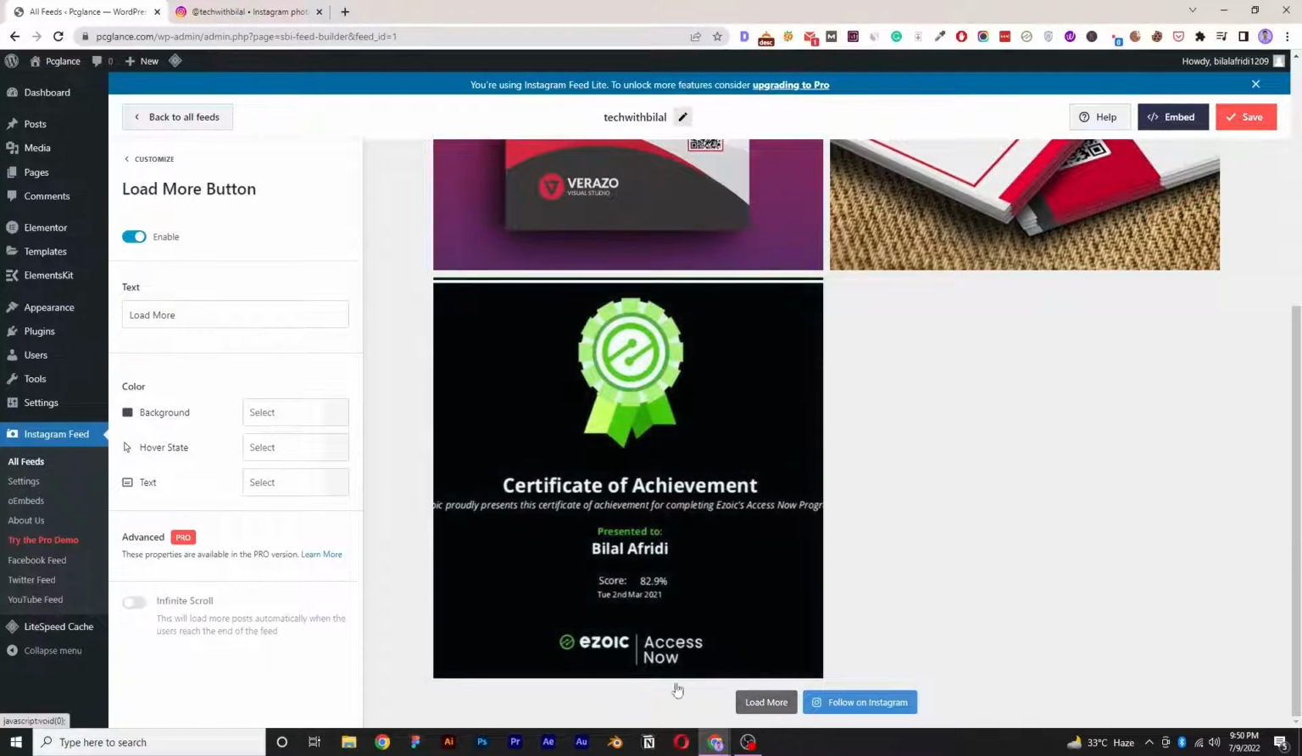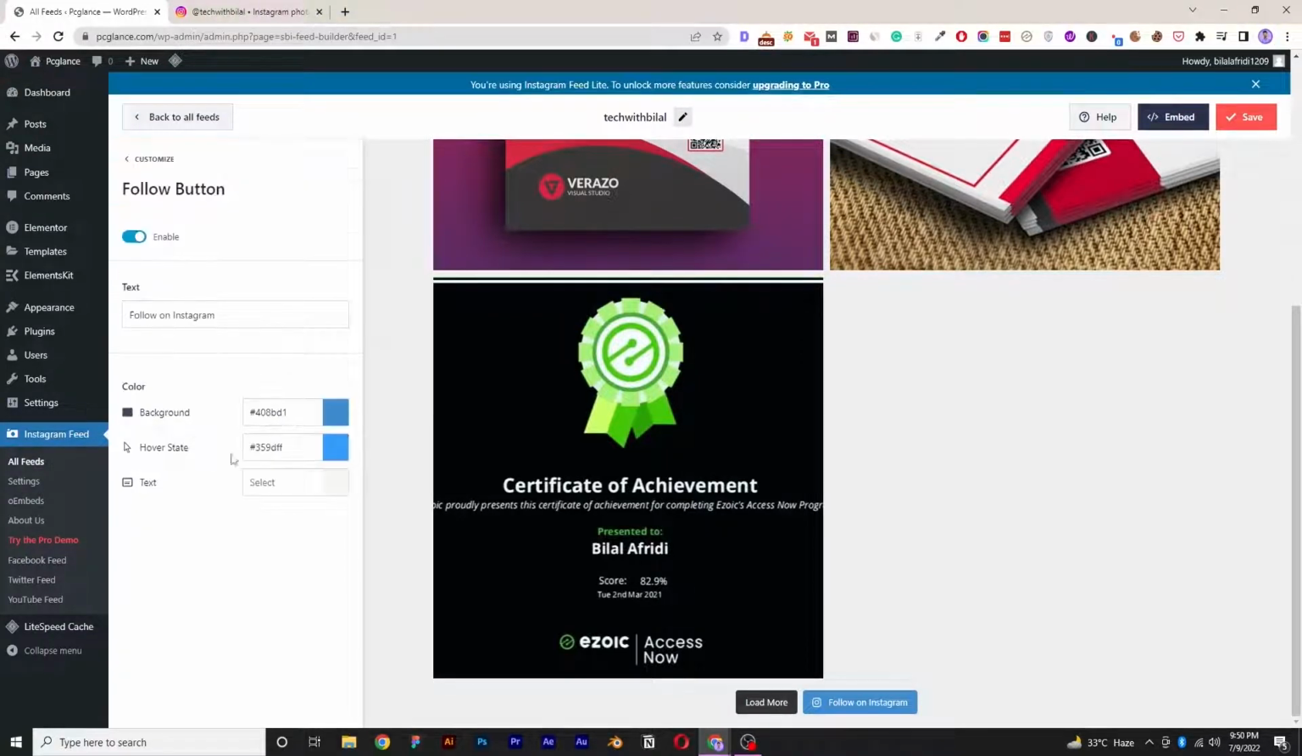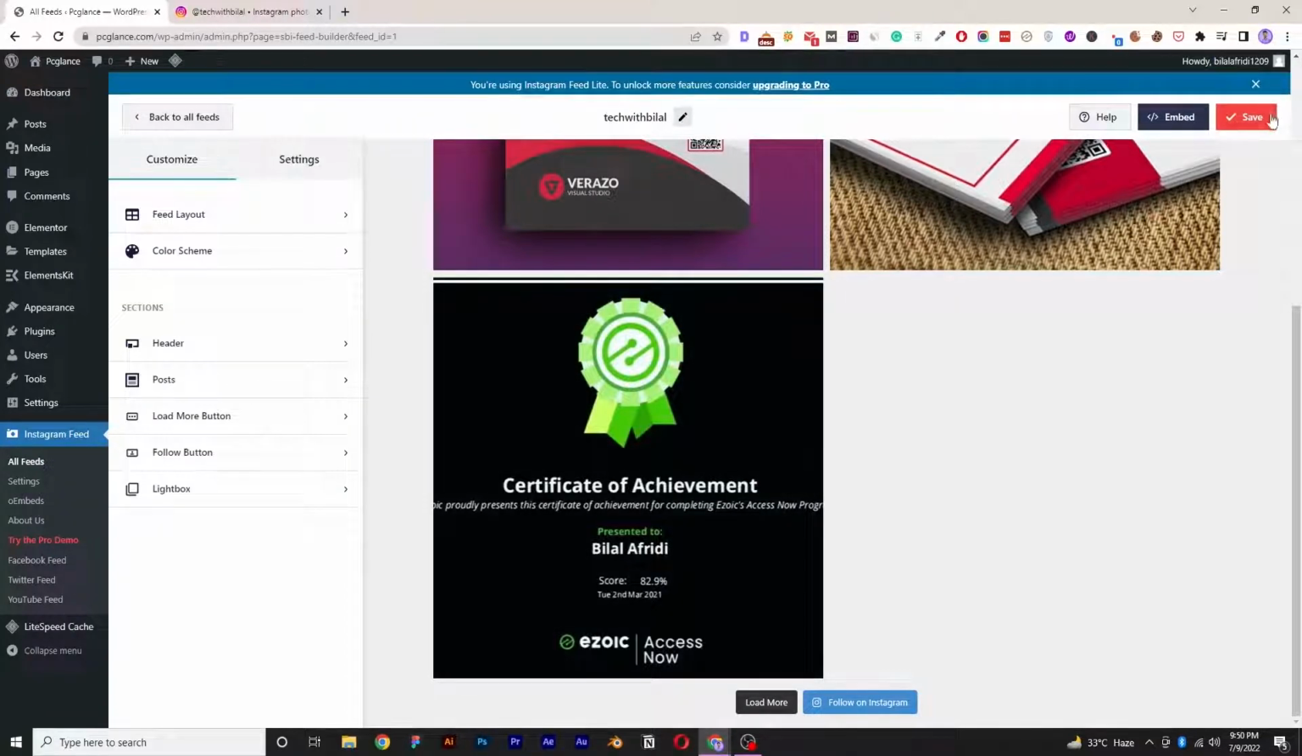And after that here you can also customize the load more button. If you want to change the text, you can change it from here and select its color, and after that you can also customize the follow button and change its text if you want. Once you are done, you have to click on save,